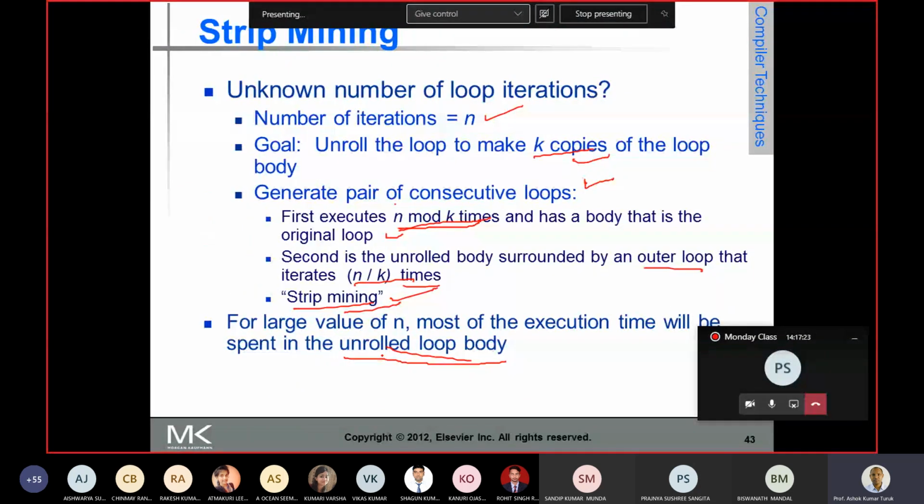Look at this slide. The number of iterations is n, and the loop is going to be unrolled up to k times. It is all done by the compiler, not by the user, right? So the compiler has to do all the job. The compiler decides to iterate up to n and unroll the loop k times. Then it does it in two ways. The first,